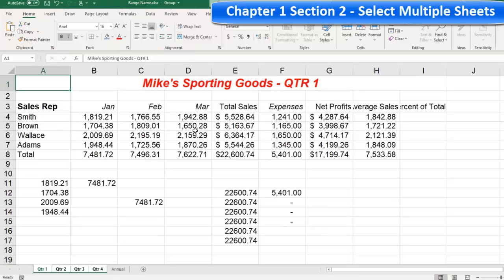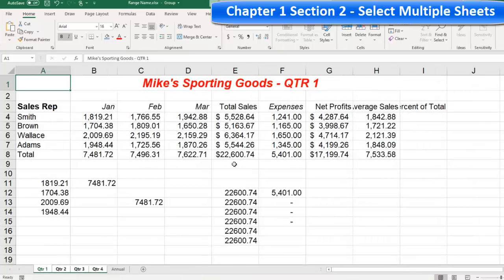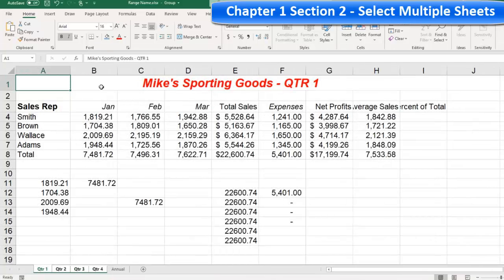Now, you just formatted my exporting goods on quarter 1, but because you had all the sheets highlighted, you actually formatted all the sheets at the same time. Now, another thing is maybe you want these things to be evenly spaced out. Maybe quarter 2 is a little bit misaligned. The columns are a little bit wider than quarter 3. And so in order to make sure that they're all evenly spaced out, you can select